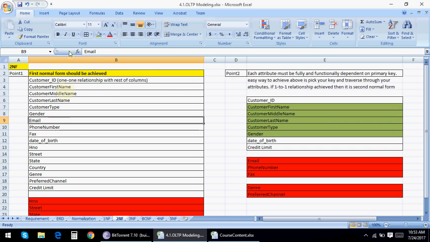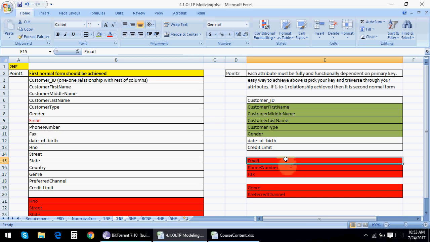One person will have one email ID. No, one person can have multiple email IDs. He can have a personal email ID, he can have an official email ID. So we cannot say that one customer will have one email ID. So this is not in second normal form.